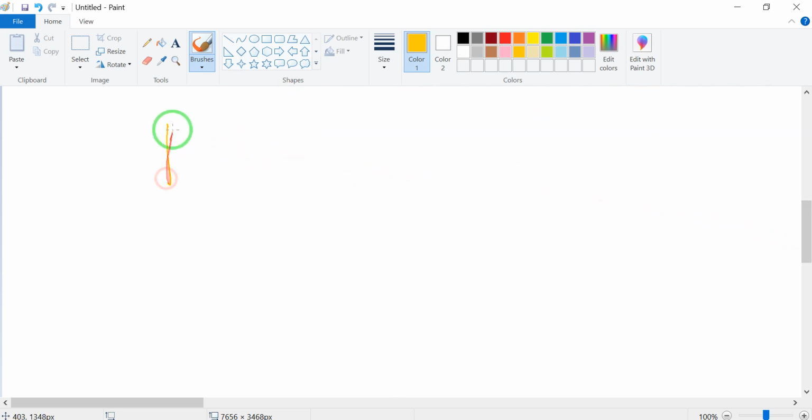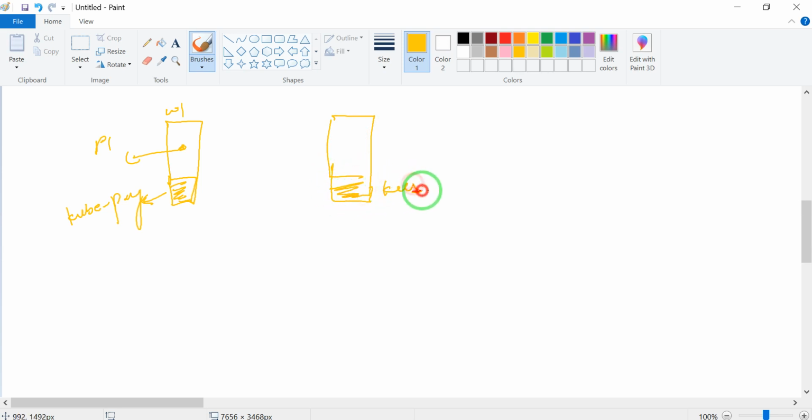So let me just clear this diagram. We have a worker node. In the worker node we have kube-proxy. We have a pod here, p1. We have another worker node, and another kube-proxy here.